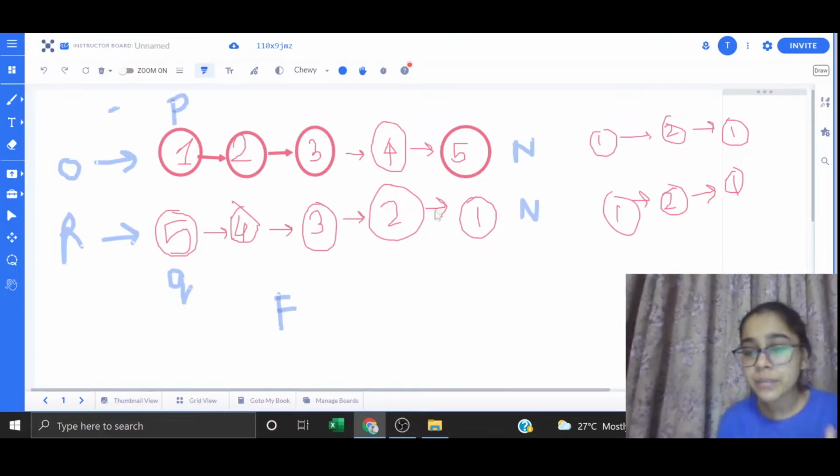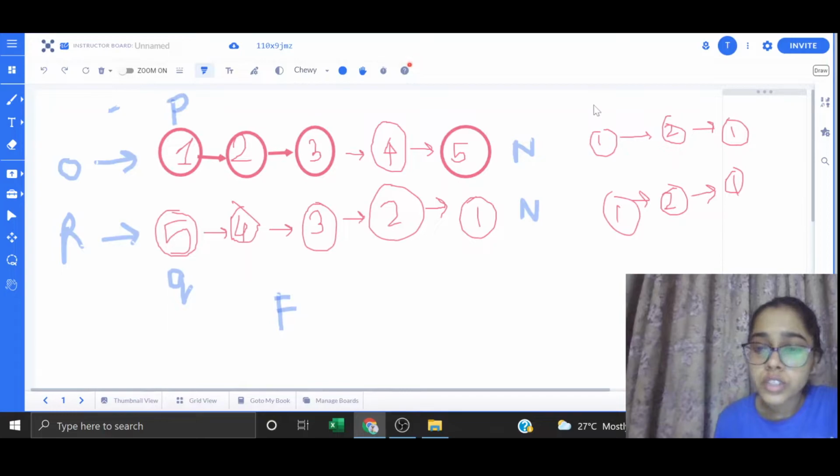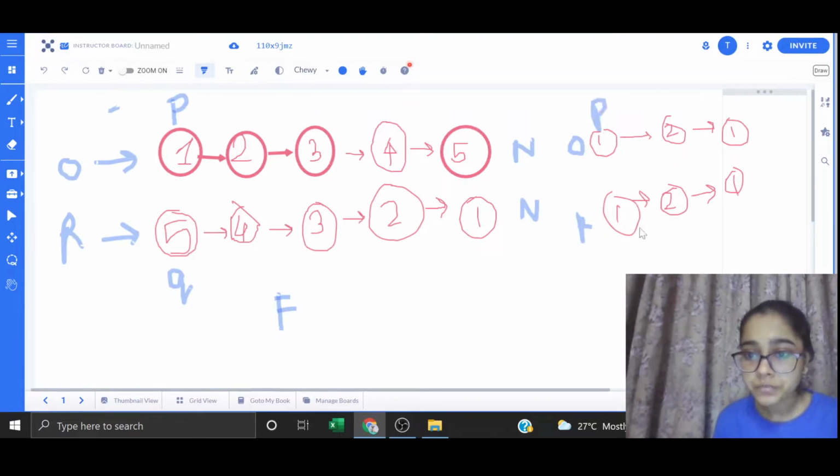Okay, so similarly we will do this. For another example, if my linked list is a palindrome, here I have taken this linked list. This is the original linked list and this is the reverse linked list. These might seem to be the same linked list, but originally I have reversed it, and they seem to be the same. So now I will put two pointers, P here, Q here. Now I will check if the value at P is equal to the value at Q. Yes, that is true. So I will increment my P pointer as well as my Q pointer. Now I will check if the value at P, which is 2, is equal to the value at Q, which is 2. Yes, that is true.